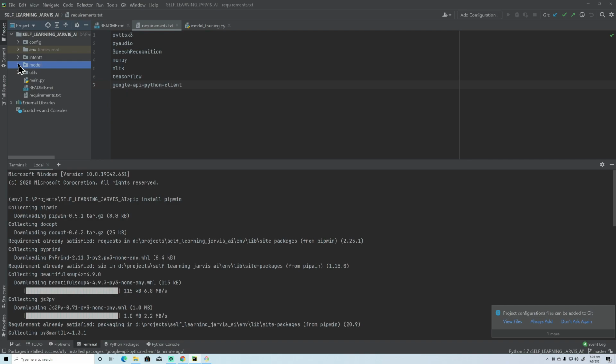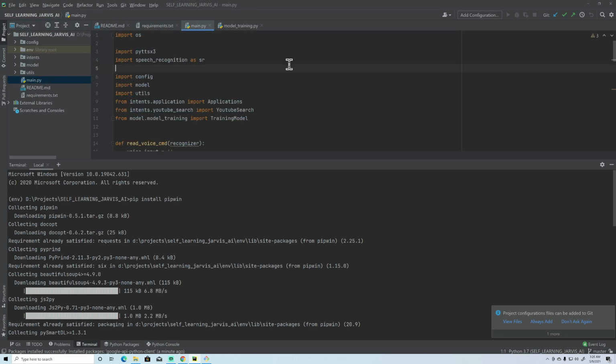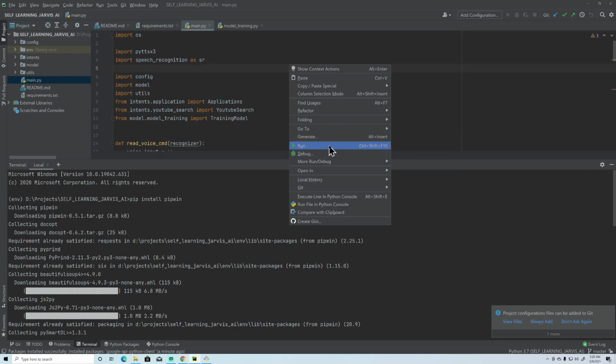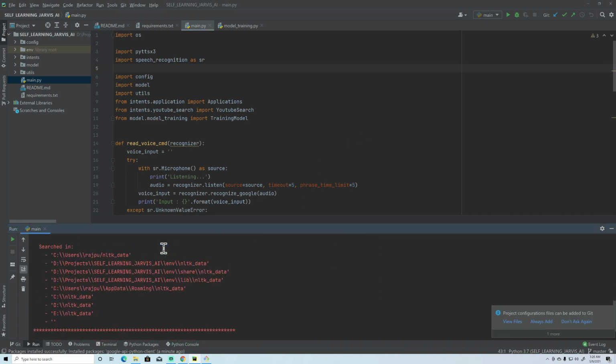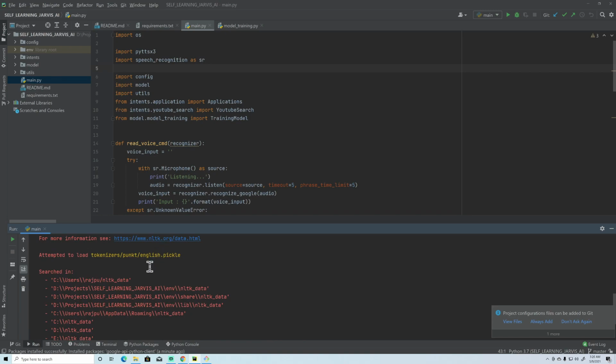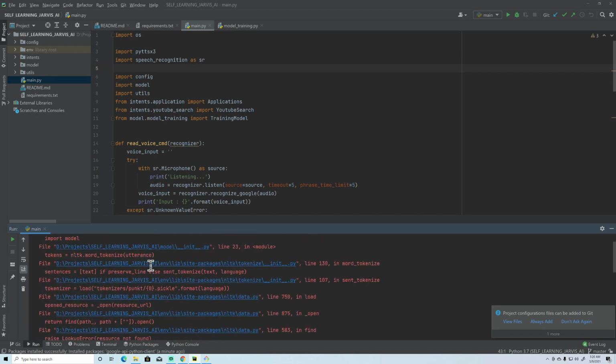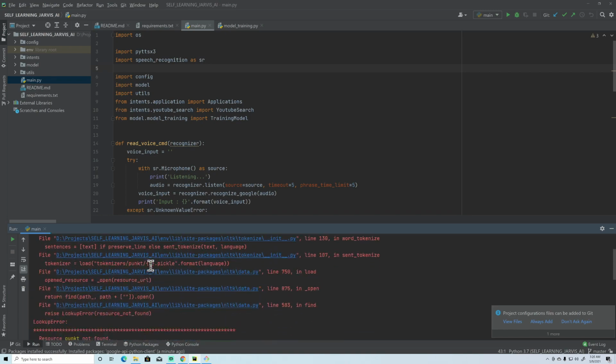Let me just run this and see whether we are getting any error or not. So go to the main and just run it. Yes, we got some errors. Search in files. So it is searching for some required files or models, right?